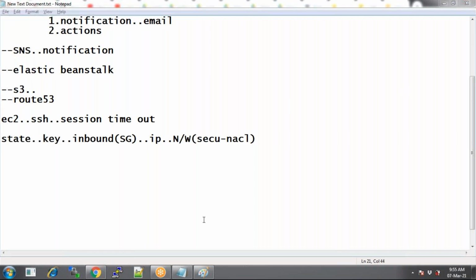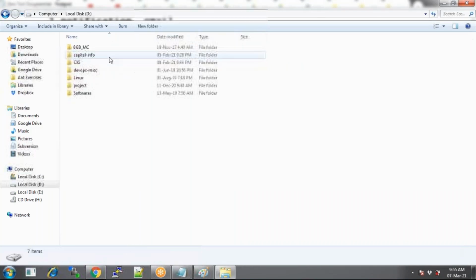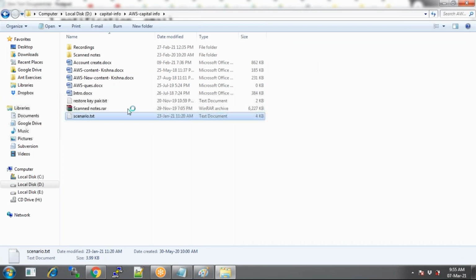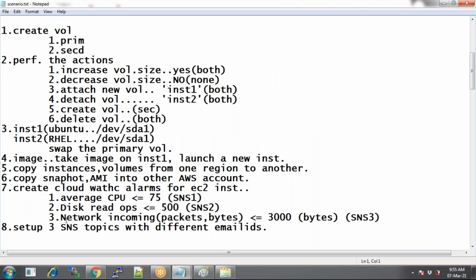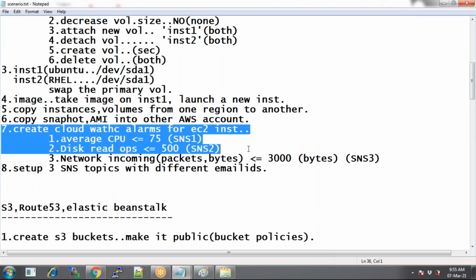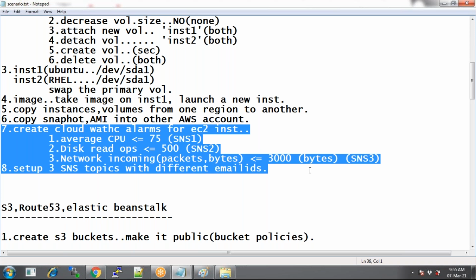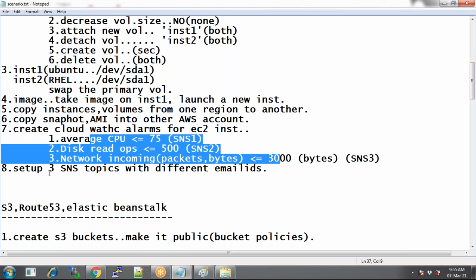Well, thank you. You can go through and practice the rest of the scenarios from the document. Just try to create these CloudWatch alarms: average CPU utilization, disk read and write operations, and network.